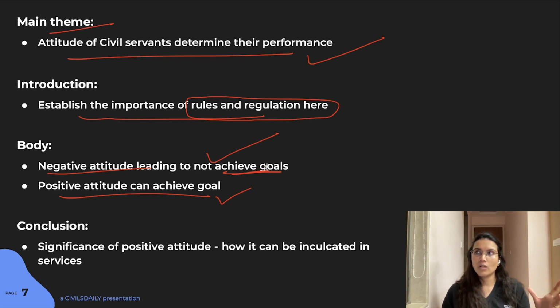Like you would have seen that serial, Office Office, the same thing happens here. You use rules and regulations, in fact, not to work. That kind of scenario actually happens here. But when you are a positive minded officer, you can work above and beyond what is given to you with respect to rules and regulations. Again, the Armstrong Pame case. See, no rules were broken there, but there was a set of out of box thinking there. Those are the kind of things you had to talk about.